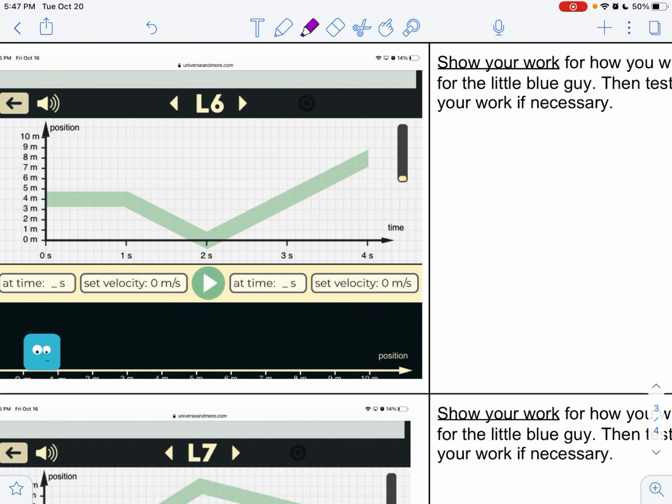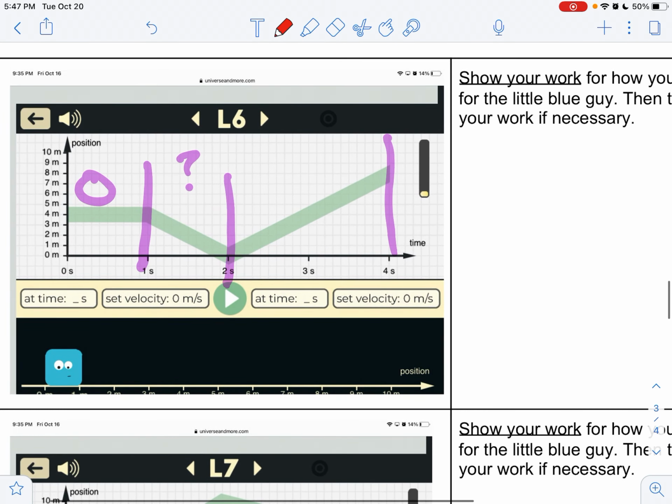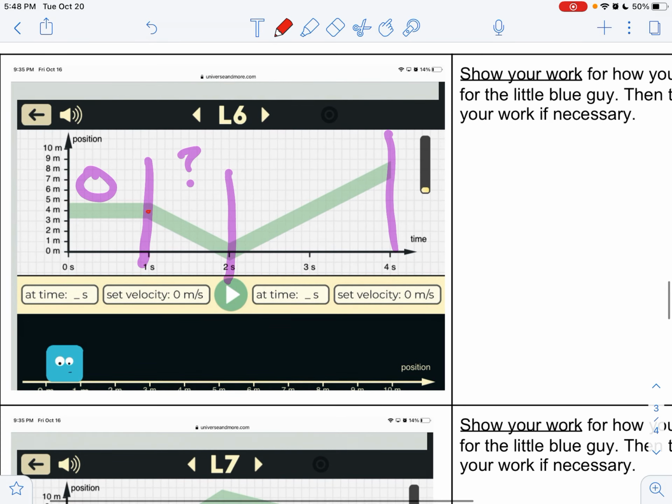So I need to break up my graph. This part, I know he's at rest. This part, I know he's moving in a negative direction, and we need to find out how fast he's doing that. And in the last part, we'll do another set of work. So let me choose 2 points in this first section. I might as well just do the very beginning and the very end. So I'm going to choose right here and right here. They're technically still on the line. I would call those coordinates 1, 4